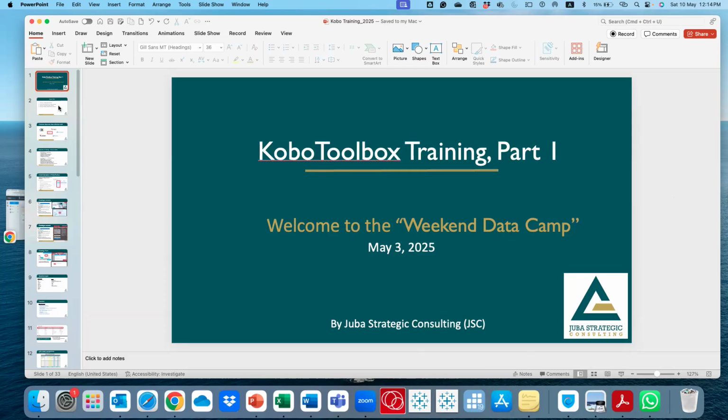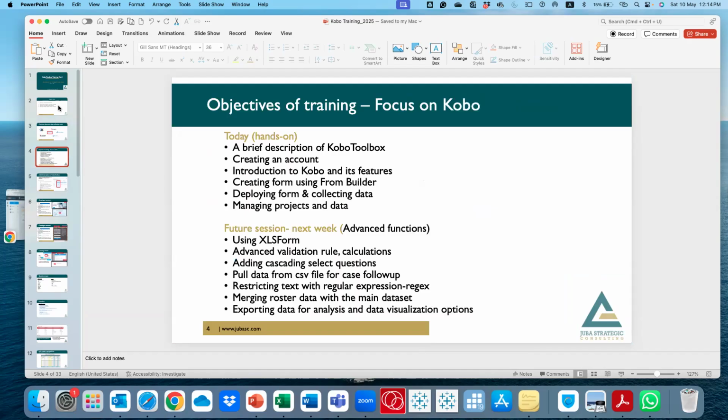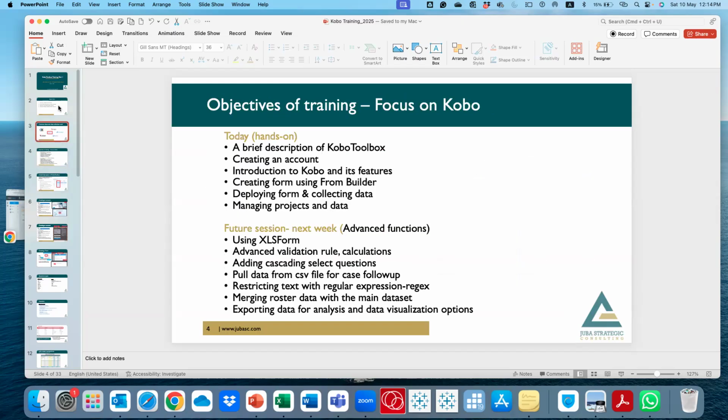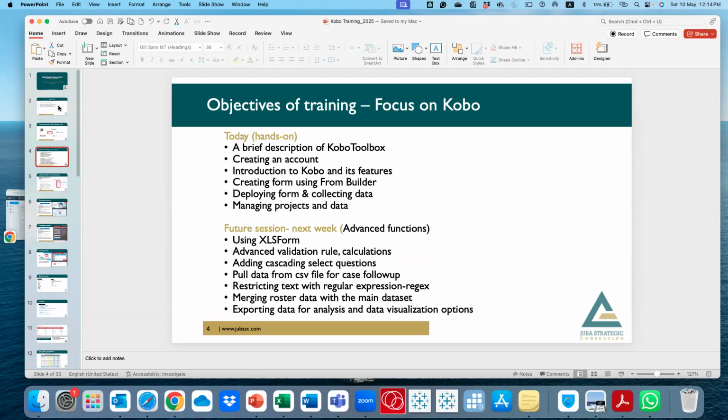Last week we looked through quick things like basics, examples of other tools out there, and why KoBo. Why do people mostly use KoBo? Your projects differ, so some people prefer tools like CommCare, ODK or REDCap, depending on the project. If you're doing clinical research or public health research and the like, each tool has its advantages and limitations.